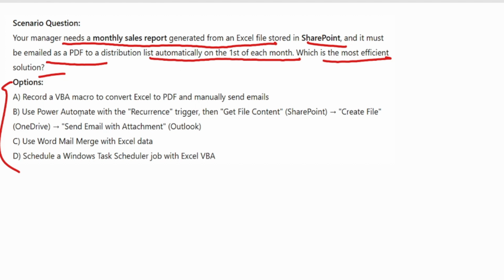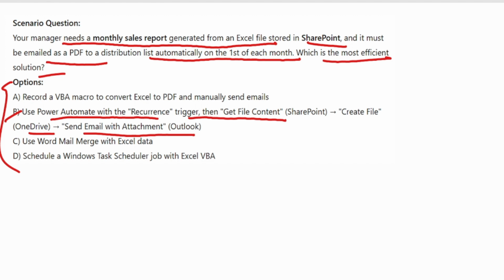The correct option here is option number B. Use Power Automate with the recurrence trigger, then get file content from SharePoint, create a file in OneDrive, and send an email with the attachment on Outlook. So the Power Automate flow integrates with SharePoint, Outlook, and OneDrive to fully automate report generation and email dispatch without manual intervention.